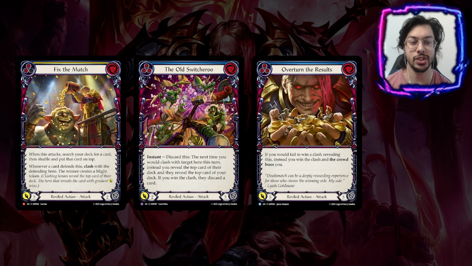Instant, discard this next time you would clash with the target hero this turn. Instead, you reveal the top card of their deck, and they reveal the top card of your deck. If you win the clash, i.e. from their card, they discard a card, meaning that, again, through something like Fix the Match, you can find something very small, something even without power, since it is just search your deck for a card, not an attack action card, and then use the Old Switcheroo to try and line up its discard effect